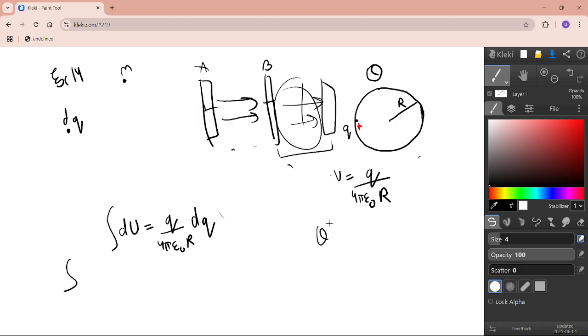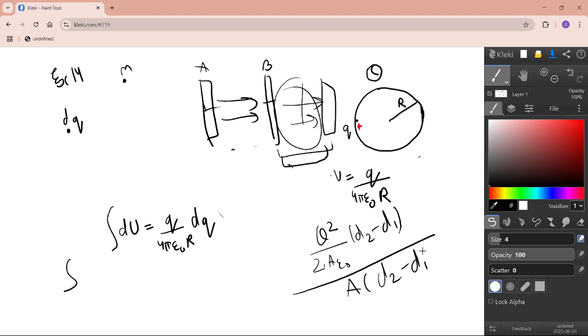If there's a force Q square upon 2A epsilon naught, it's changing from d2 minus d1, and we can divide it by this volume, which will be A times d2 minus d1, right? There's a force into displacement divided by the volume. The charge is created becomes q square upon 2A epsilon naught,